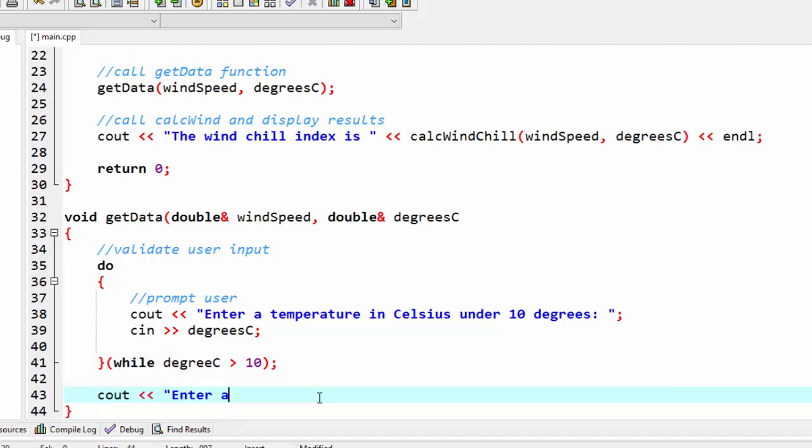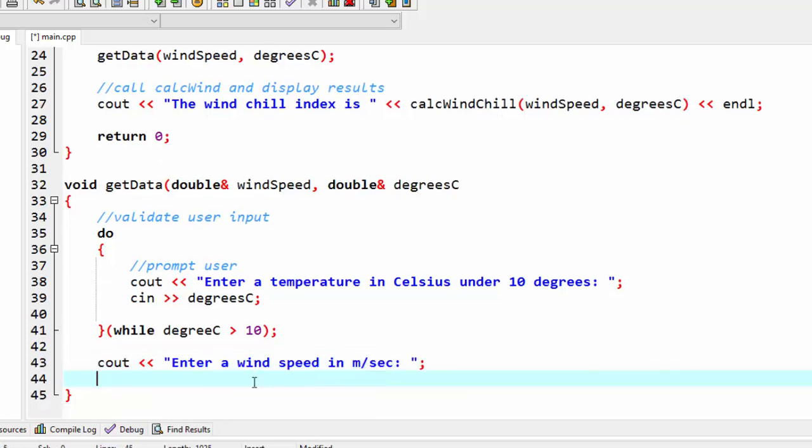And then next we're going to enter a wind speed in meters per second. And for the wind speed, we don't have any user input validation. The wind speed could be whatever. If the user did type perhaps a negative value,